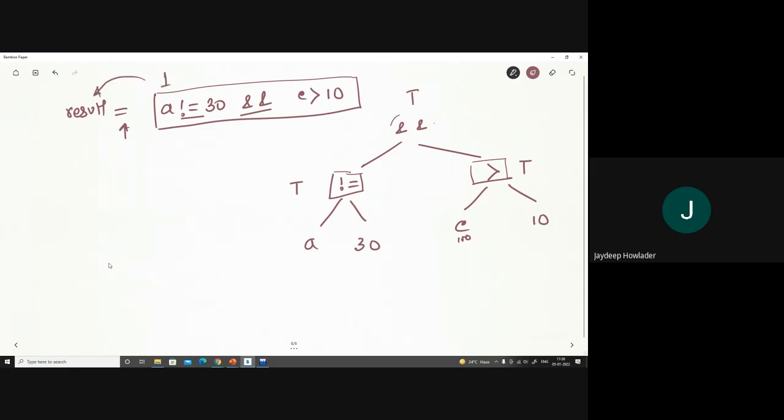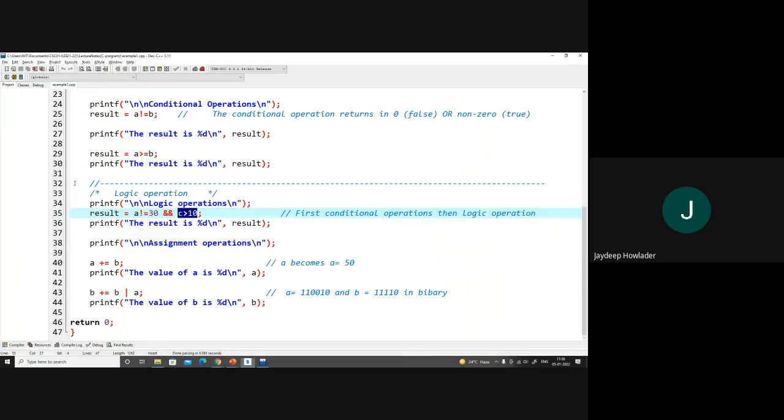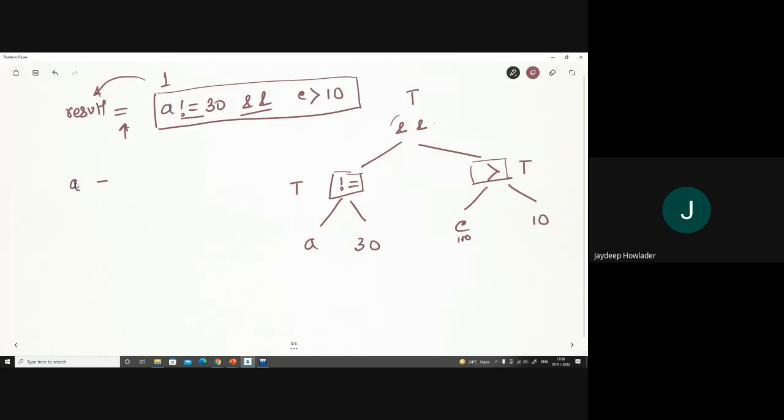And then there are some shorthand representations. The shorthand representation says that if I write A plus equals to B, that means this one is A plus B, assigned to A. So B plus A. Understand? Similarly, writing A times equals to B is basically B times A.